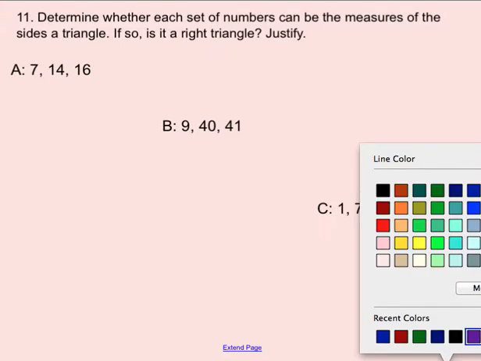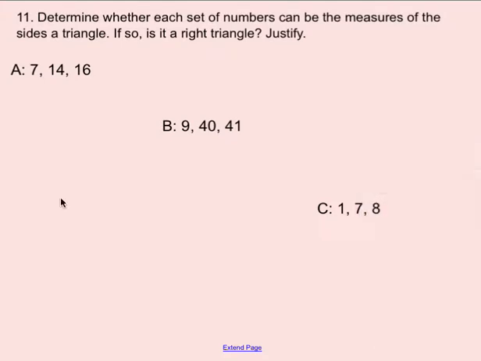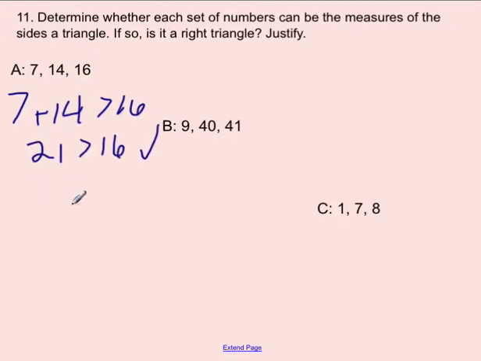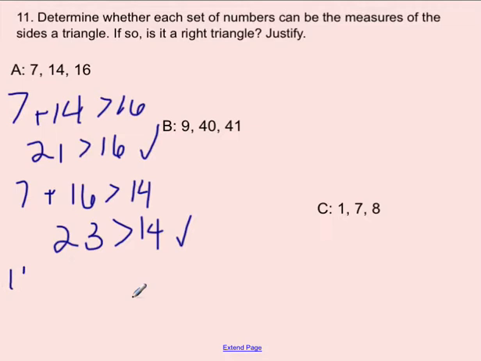So first we want to prove that it's a triangle. To prove that it's a triangle, we're going to check the sides. So 7 plus 14 needs to be greater than 16. Is 21 greater than 16? Yeah, that works. 7 plus 16 needs to be greater than 14. Is 23 greater than 14? Yeah, that works. 14 plus 16 needs to be greater than 7. Is 30 greater than 7? Yeah, so that works. So the first thing I did was to check to see that it was a triangle,